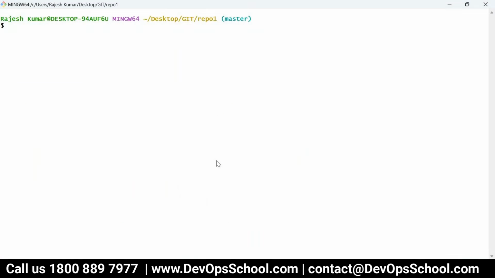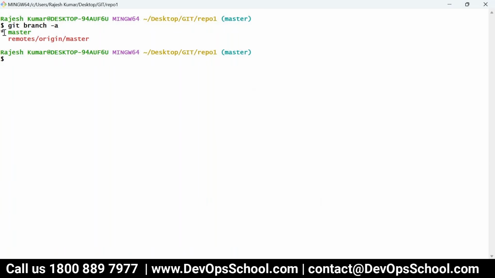How do I know how many branches I have? So git branch hyphen a for all. Now you see master is a local branch. Now the remote branch, there is one which is a reference for the master itself for pulling and pushing. That is a remote branch. So a local branch you can read and write.